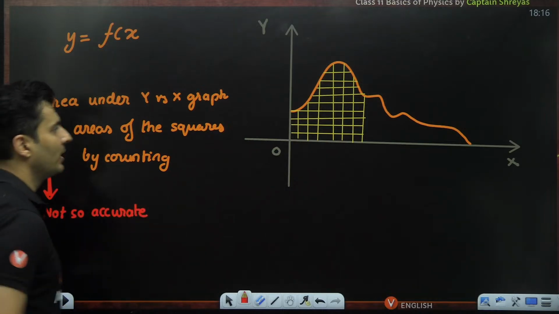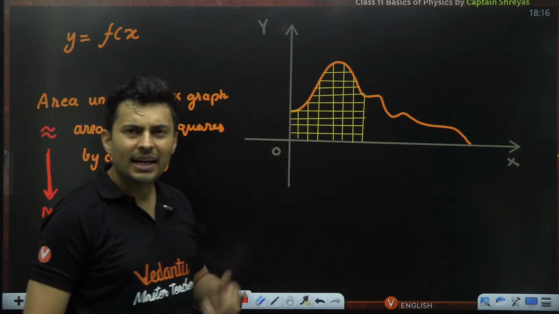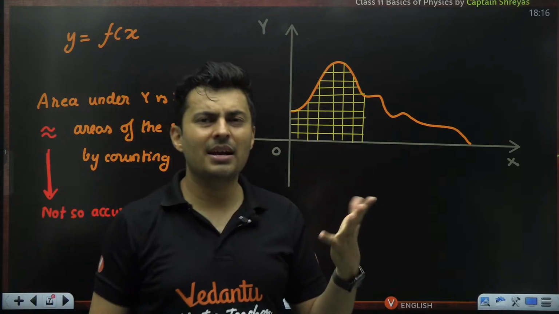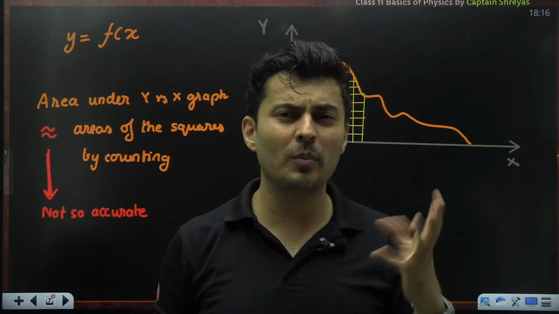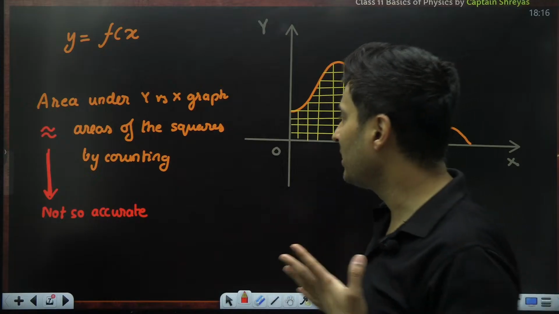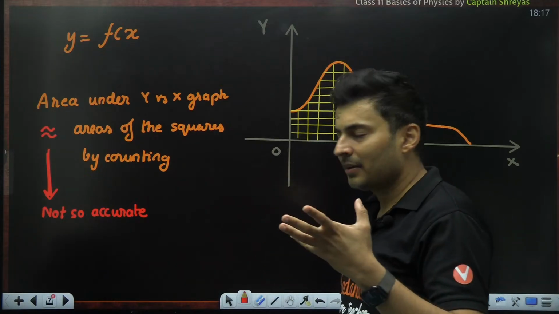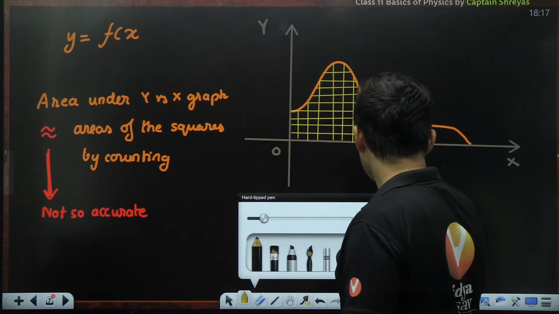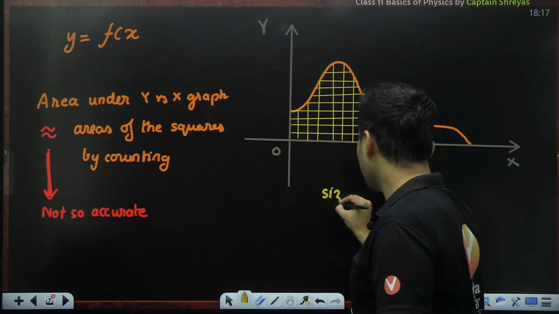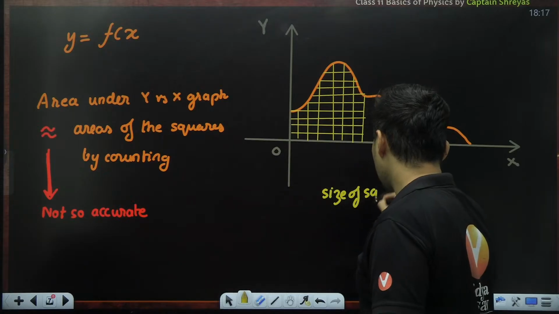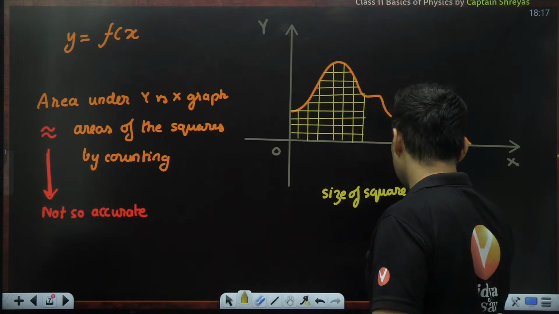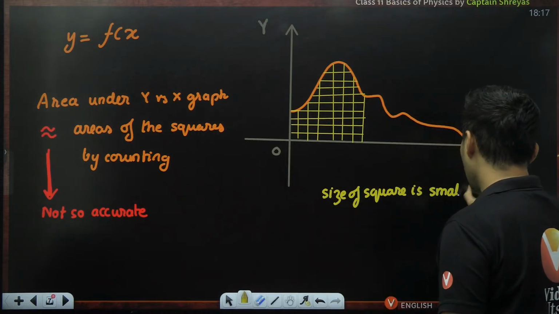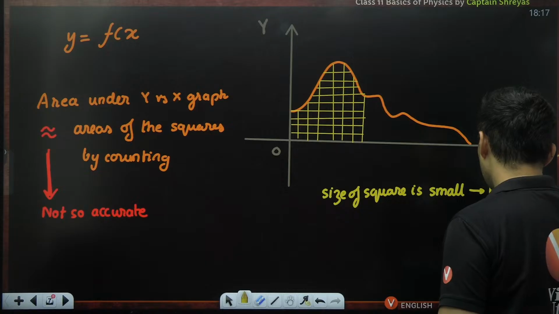Not so accurate. You might miss out a square, and some half squares will be there. Whether it will be exactly half, 1/4 square, or 3/4, so many problems will happen. So this method is okay if the size of the squares is small. Very important: if the size of our squares is small, then it is better, but it